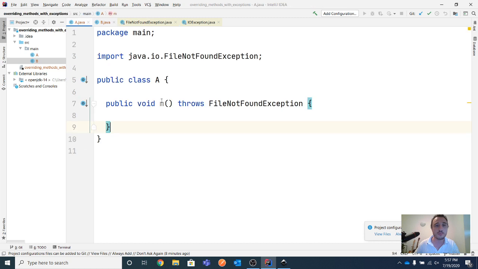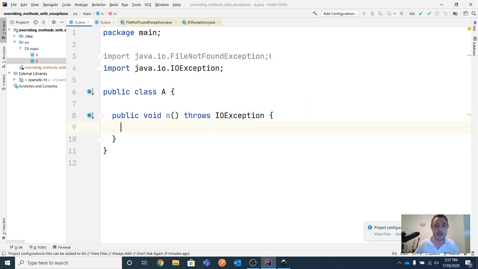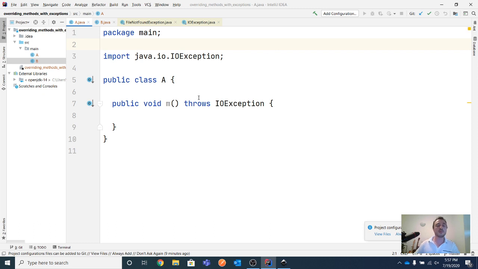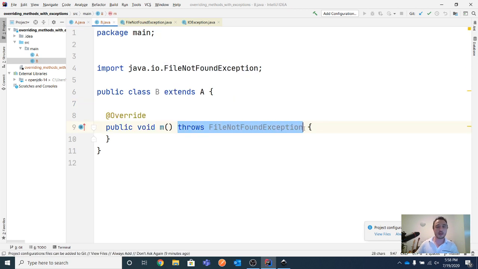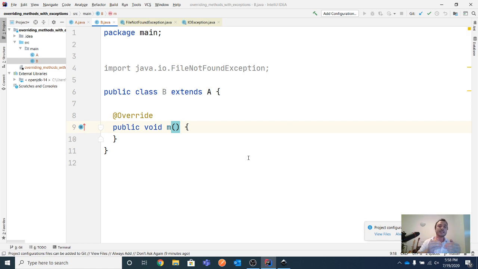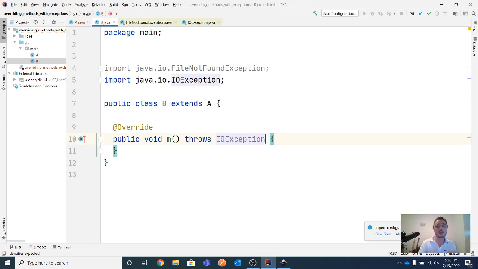Instead of throwing file not found exception from A, I will throw IO exception. And what you will observe is that now the method M in class B can either throw nothing, because that means fewer exceptions than IO exception, or you can throw IO exception because that's the maximum you can go. That means you now throw the same exceptions as the method you override, but you can at the same time decide to throw file not found exception, and this works as well because file not found exception extends from IO